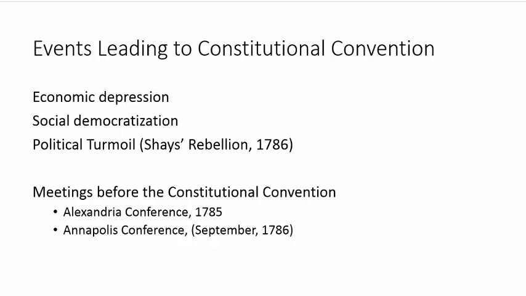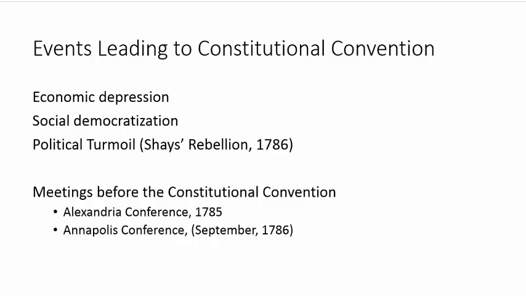When Massachusetts turned to the Congress of the Confederation for assistance, they were told, "We don't have any authority to help you on that. We don't have any money. We don't have any troops. Have a nice day." There had been several meetings before the Constitutional Convention occurred, one in Alexandria, one in Annapolis,